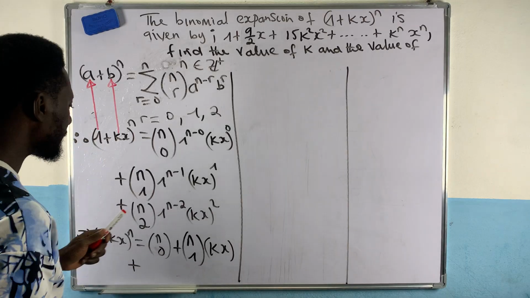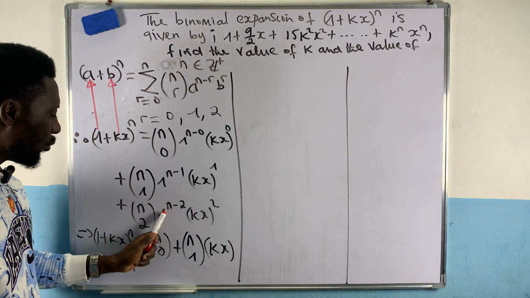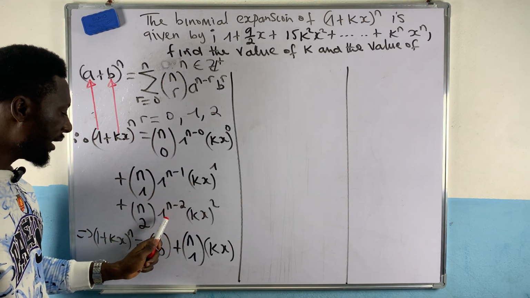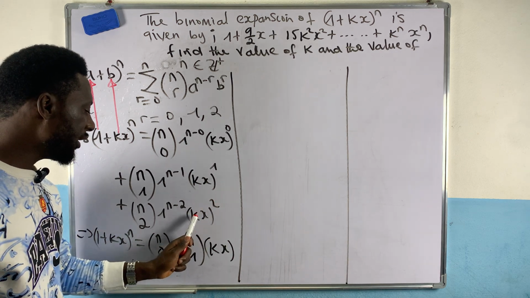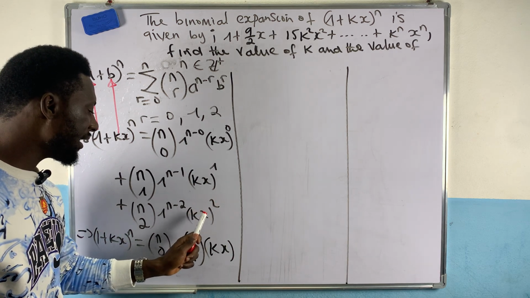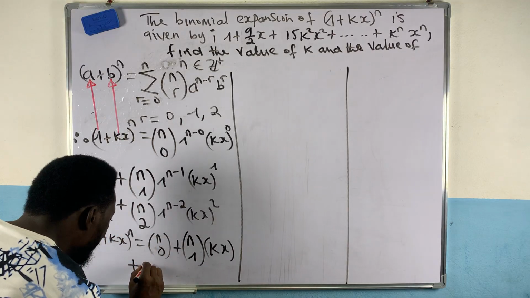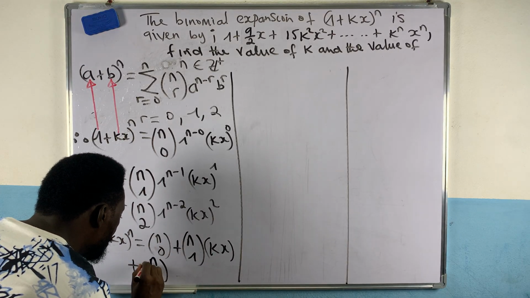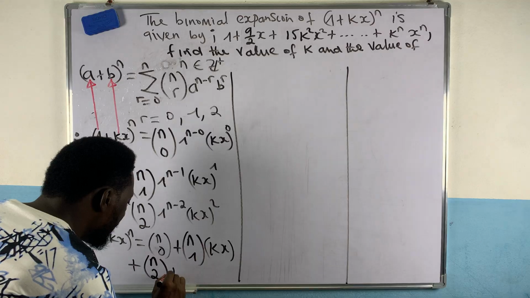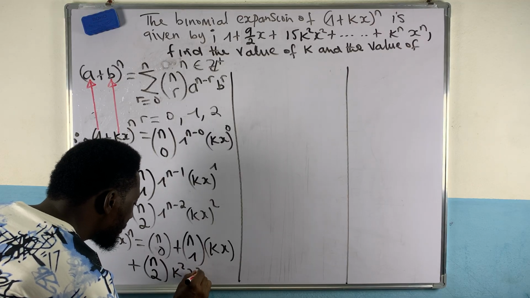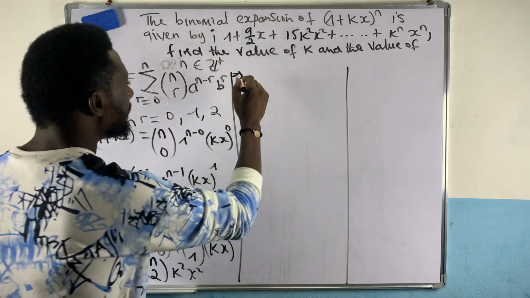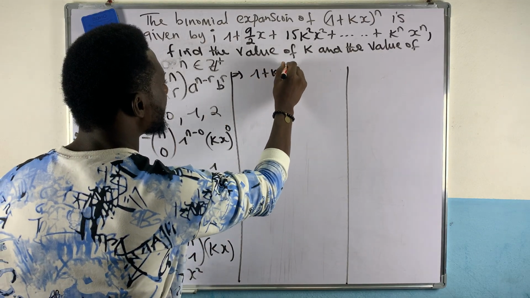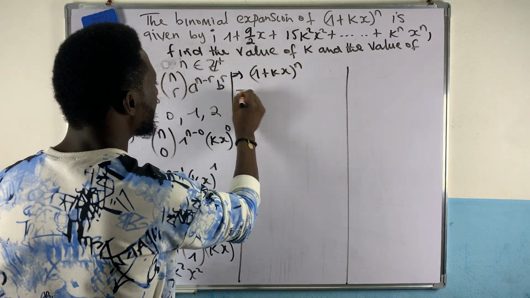Plus, look at this term, 1 to the n minus 2 is still 1 times kx raised to the power 2. So if I'm squaring this bracket, I will square the k and I will square the x. So it becomes n combination 2 k squared x squared. So this implies my 1 plus kx all to the n is the same as